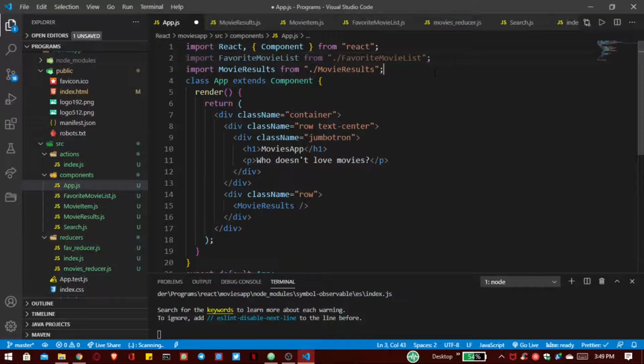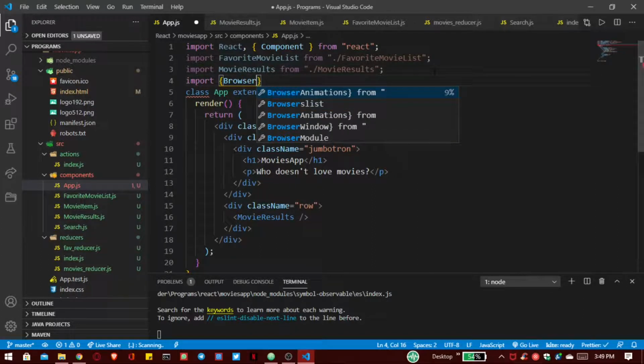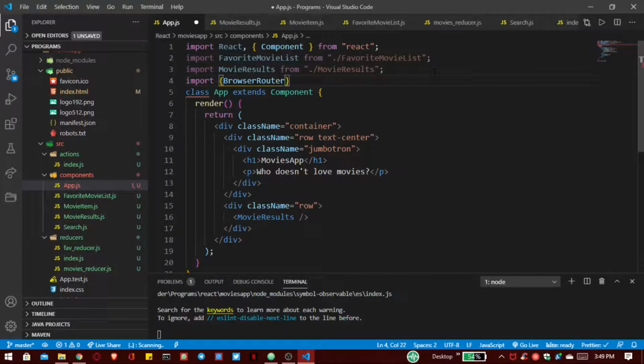After that, we also have to import browser router as router, then switch, and the last one is route. All of these from React Router DOM.